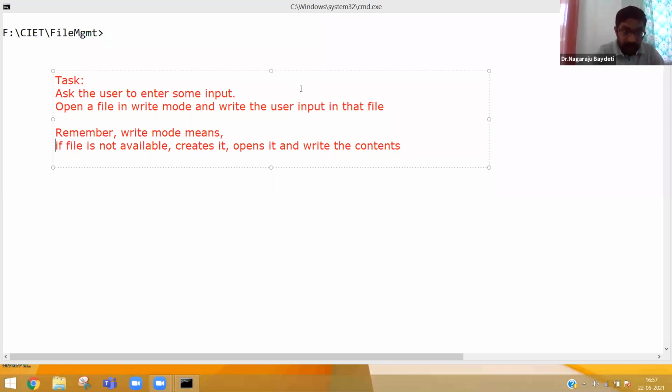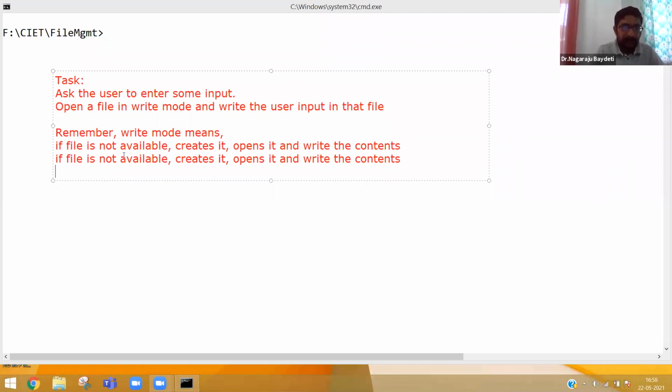If file is available, then, as I told yesterday also, opens it, erases the contents and writes the new contents. Just like a small kid writing ABCD on a slate. He writes A, erases, again writes B, erases on a small slate.